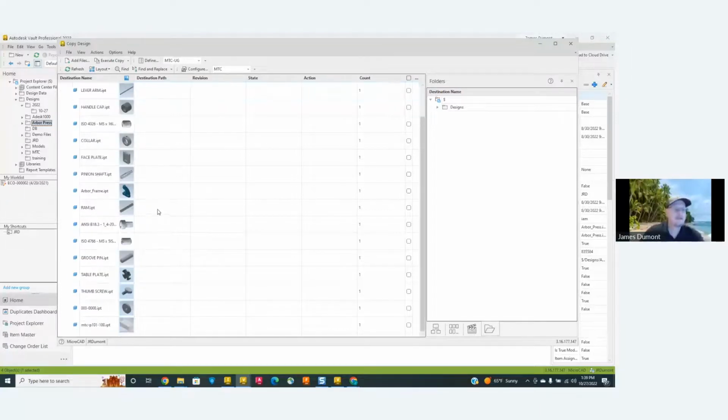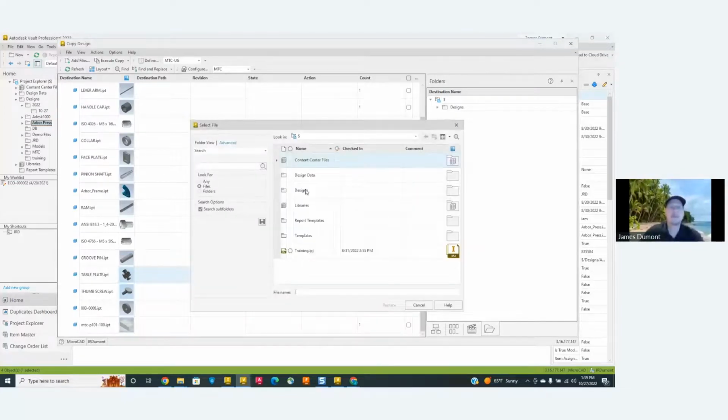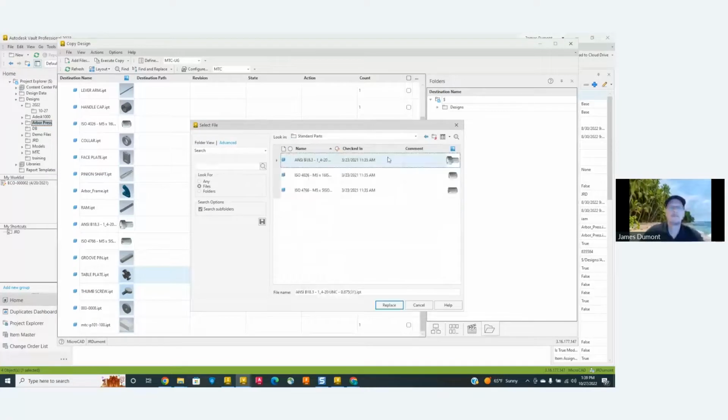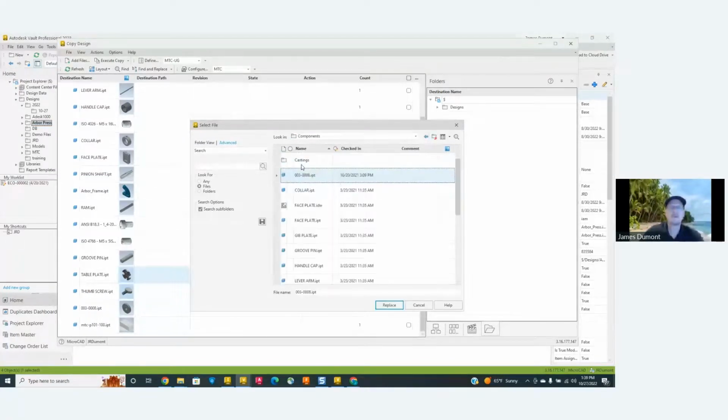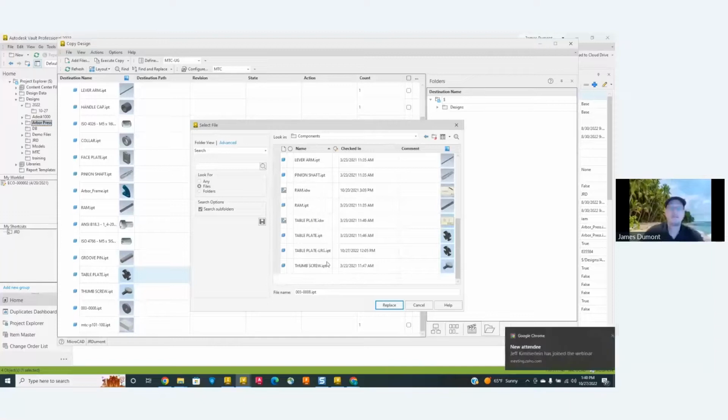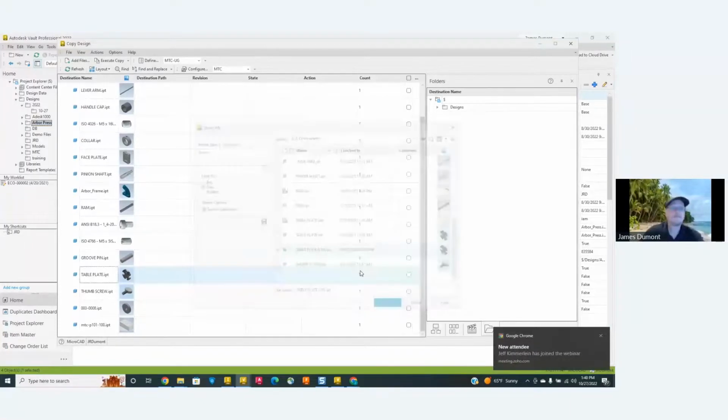This table plate, I don't want to use this one. I want to use a different one. I can replace this with a different one that I have in my system. So under designs, components, it's going to swap this out.